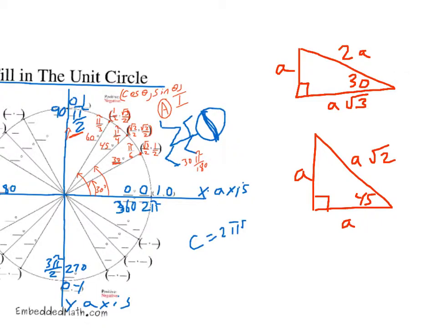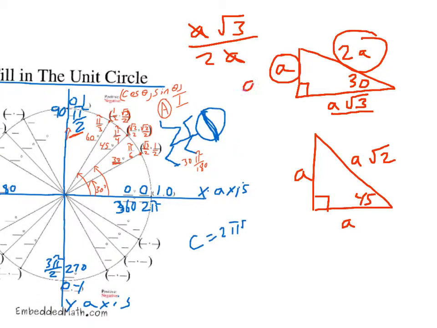So if I said find the cosine of 30, well, cosine is adjacent over hypotenuse. So I have A square roots of 3 over 2 times A ends up being the square root of 3 over 2. If I were to find the sine of 30, that's the opposite over the hypotenuse. That's A over 2A ends up being 1/2. And so on and so forth as we work our way through the 45, 45, 90 and the 30, 60,